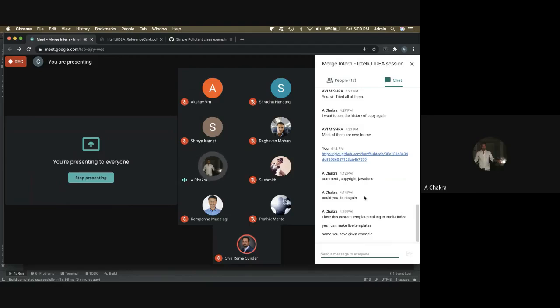I got an idea. Like if you are doing something repeatedly in a project, we can make use of this live template. So it will save some time while coding. Okay. So which live template did you create? The if null check or the one with the block? The second, the if null check, the first one you have shown. Okay, awesome.